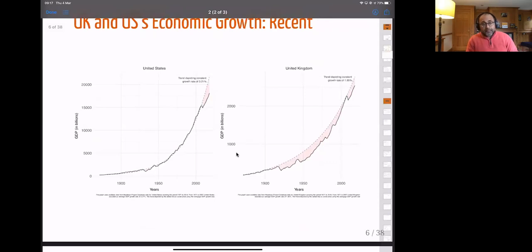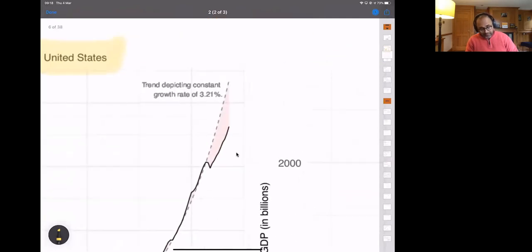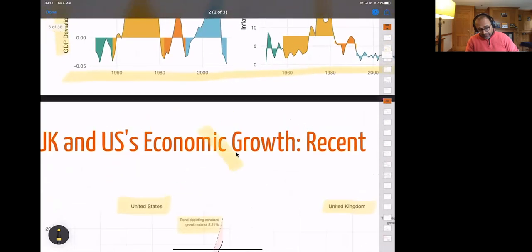So now let's look at the UK and US growth trend. The dotted line in both graphs, this is the US and this is the United Kingdom, is the constant growth trend. In the case of the United States, I was wrong earlier when I said it's 2.5. It's actually 3.21. So over the period of the last 100 years, the constant growth trend for the US has been 3.22%. And for the UK,